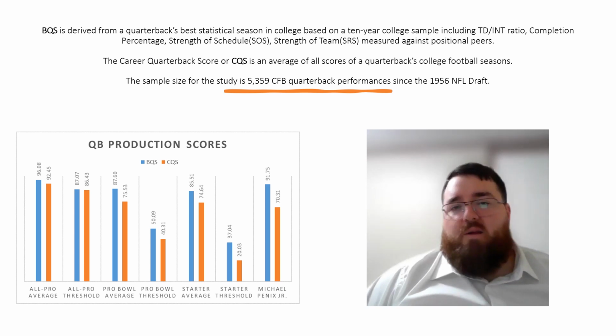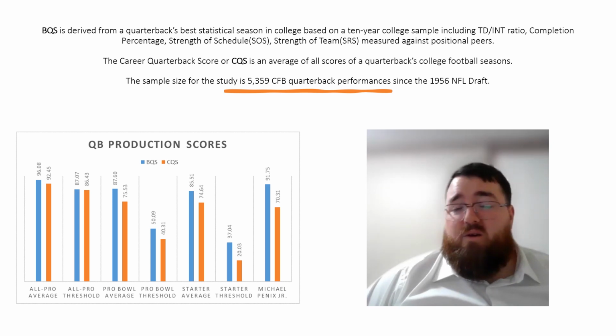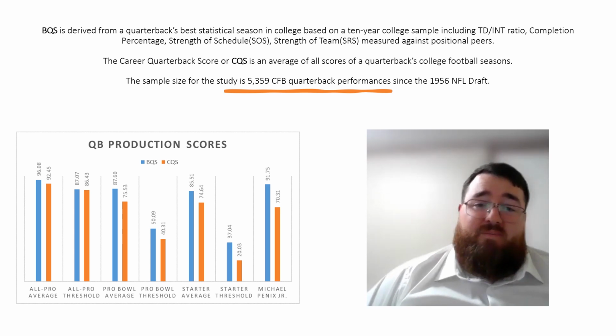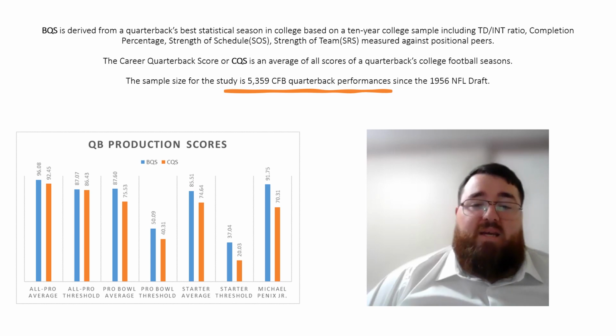I get all of those arguments, but even when you take the age out of it, did he test like an all-pro player? No. His career passing efficiency was nowhere near an all-pro level player. When you look at the Pro Bowl averages, he wasn't near that area. It was about 5 points away from that area. When you go to the starter averages, he wasn't near that area. And honestly, the closest prospect to him, based on his overall data, based on his age and his passing efficiency data, would be Chad Pennington. That is the closest comparison for him at pick 8.